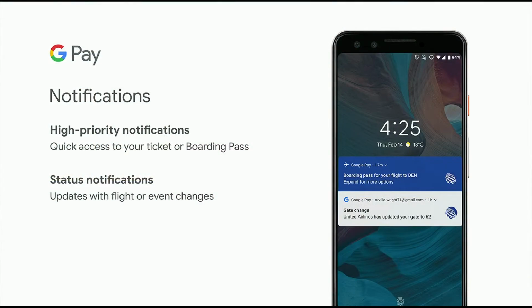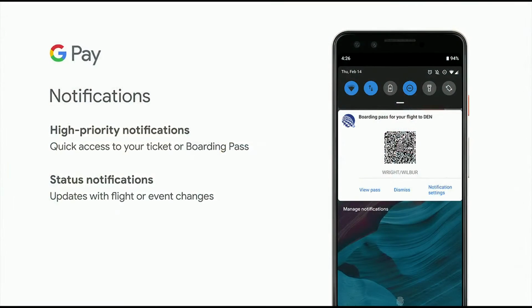So we also have status notification updates. If something is delayed or if my gate changes, the airline can send a push update to the API and it will send the notification to all the users that have that boarding pass. Meaning that for me, as a user, all the updates are just there in my phone. No need to check anything else. So to recap, boarding pass available 1 click away or even 1 slide away because the barcode is also inline in the notification, so you can either use that to board your plane or access your event.